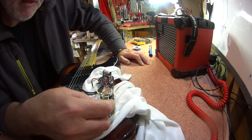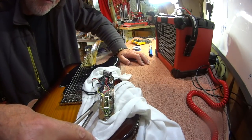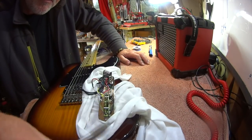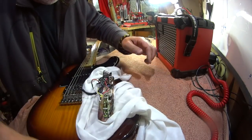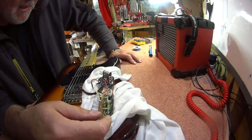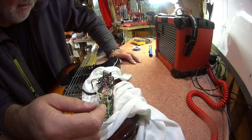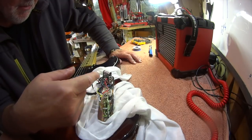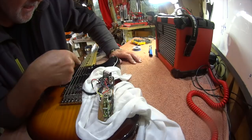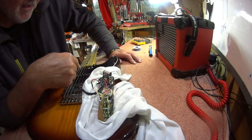So let's just think about this logically, as logically as we can. We had a full humbucker using the positives, and the humbucker was working absolutely perfectly well. I have a feeling that what I may have to do is go backwards, leave the humbucker as is, and rework the polarity of these two. That's right, yeah, these two, because